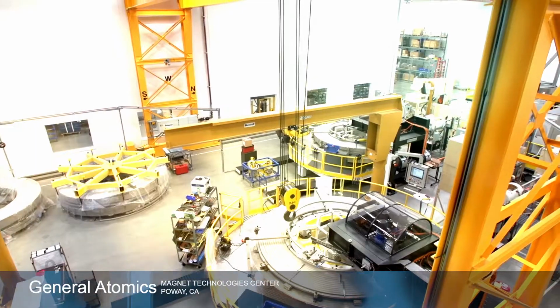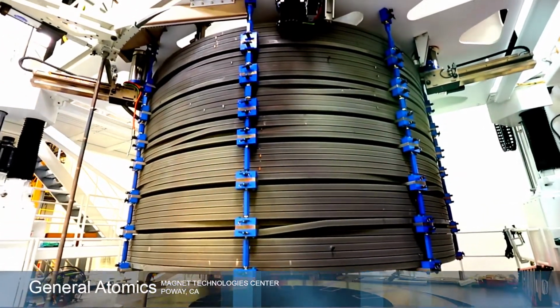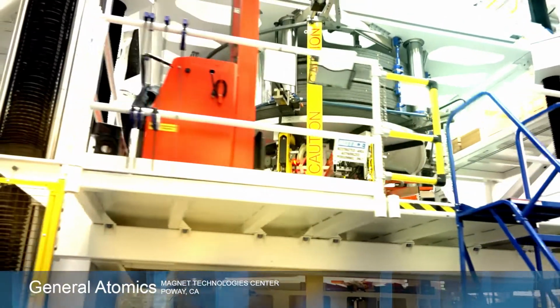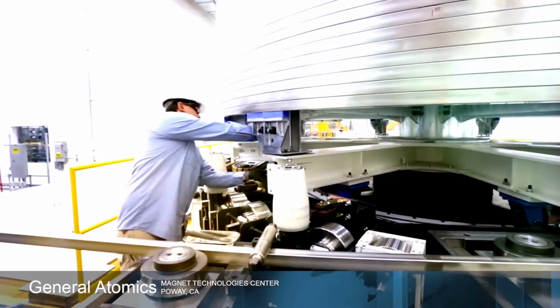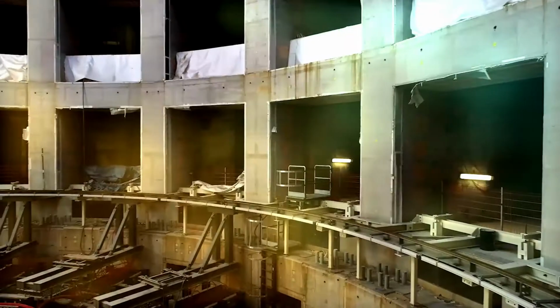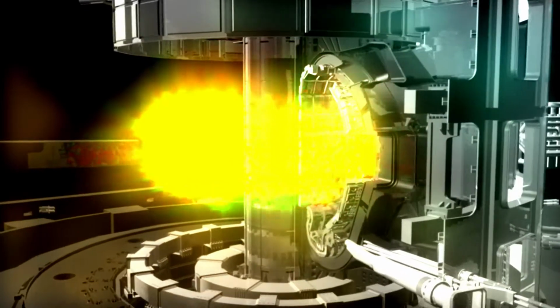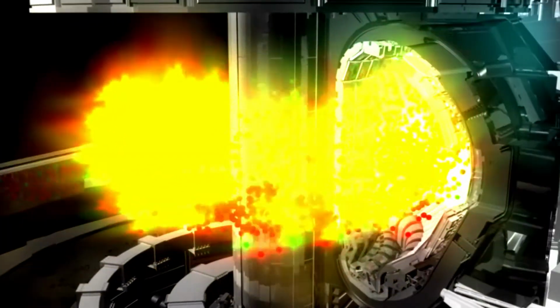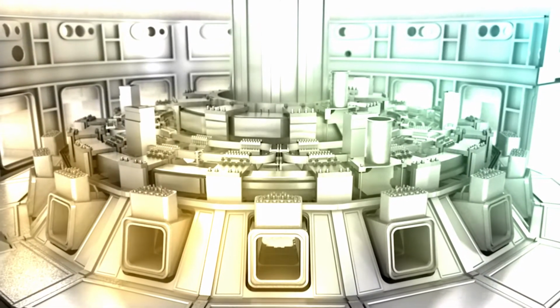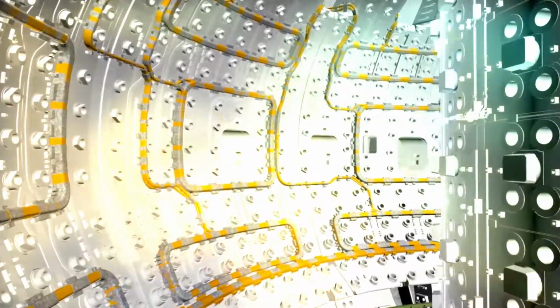General Atomics, an industry partner with U.S. ITER, is charged with building the modules of the central magnet of the Tokamak, the superconducting Central Solenoid, which is the heart of ITER. The ITER Central Solenoid is really down in the very core, the center of the ITER device, of the Tokamak. And the plasma then is this donut-shaped gas and ions that move around. Now, one of the big things to make a plasma stable in a Tokamak is you drive current in the plasma. To put it into perspective, those large-scale plasmas that will circulate in the Tokamak will be hotter than the sun. Miles of superconducting magnets will shape and combine the plasma within a 10-story tall vacuum vessel, which is essentially